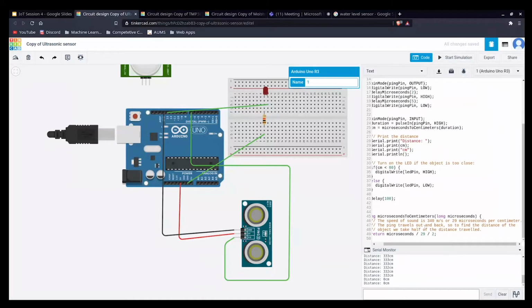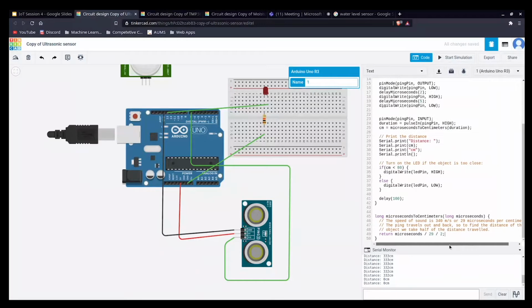This is because, as we have written, the speed of sound takes around 29 microseconds per centimeter. By dividing by that, we get the centimeters, and again we divide by 2. That is because this is a two-way thing, right? First the signal goes and then it comes back, so we are calculating the distance two times. We just need the single one, so we divide it again by 2. So we get the appropriate distance.